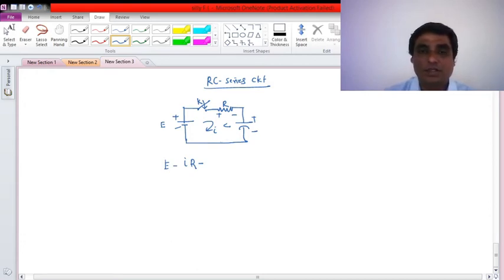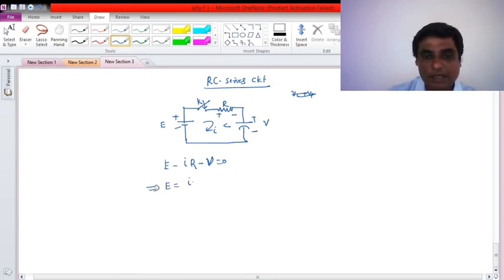So what I want to write in terms of voltage forms to get the differential form, right? Let me say this V is my voltage across capacitor. I can write VC also, but in the total solution I am using complementary and particular solution, that's why I am avoiding the representation V sub C. So E will be I into R plus V, and let me express I in terms of V: it will be C dV by dt into R plus V.